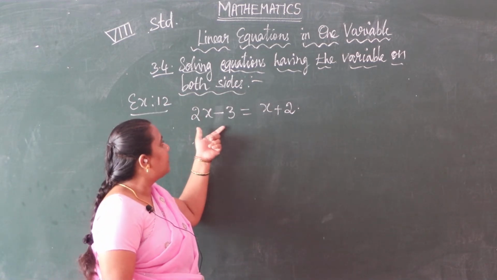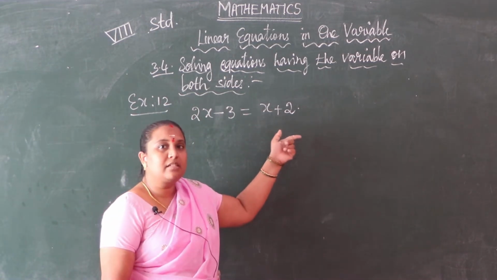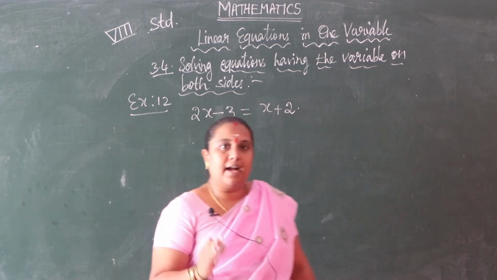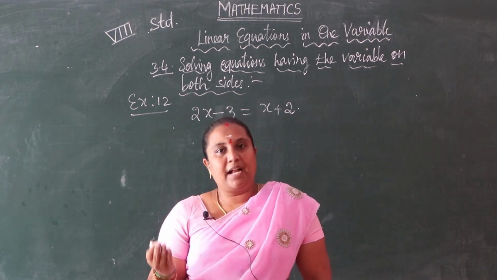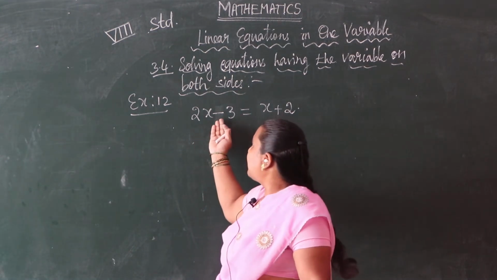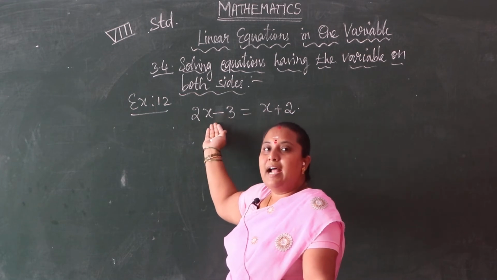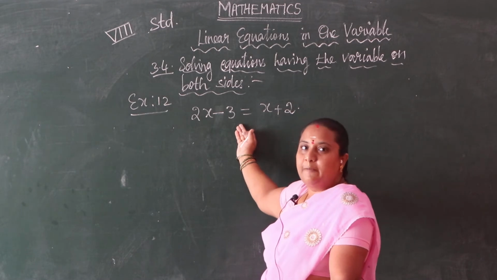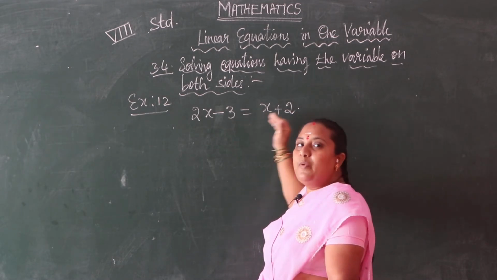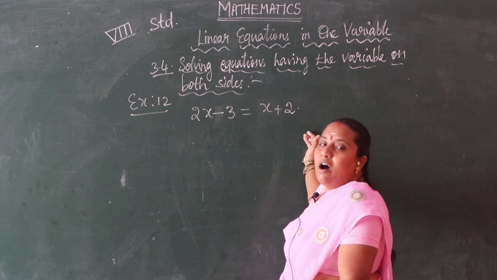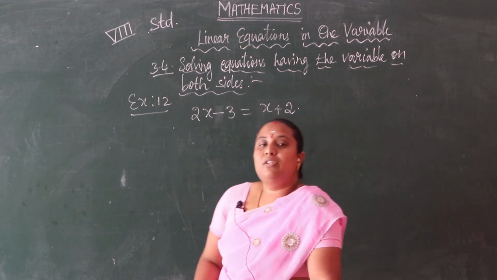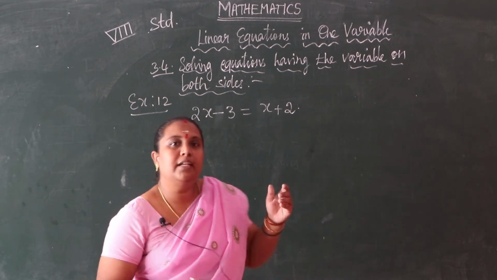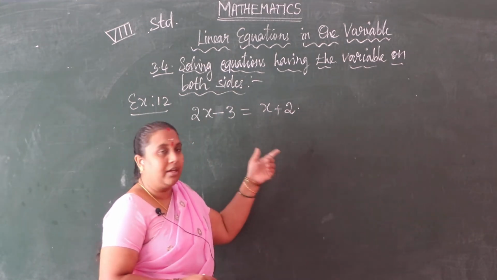See, 2x minus 3 equals x plus 2. You know how to solve an equation by subtracting the given number. Here we have a subtraction sign, so we should add the same number. Minus 3 we have, so we are adding plus 3. We can transpose the number from LHS to RHS or RHS to LHS. Now we are grouping the terms. You have variable terms on both the sides. Here x is a variable.